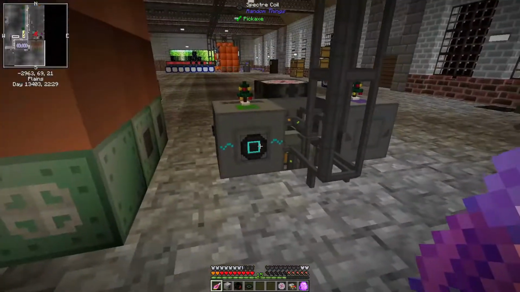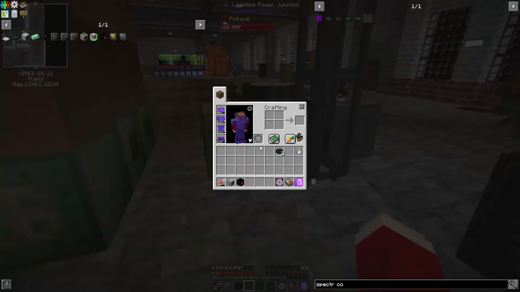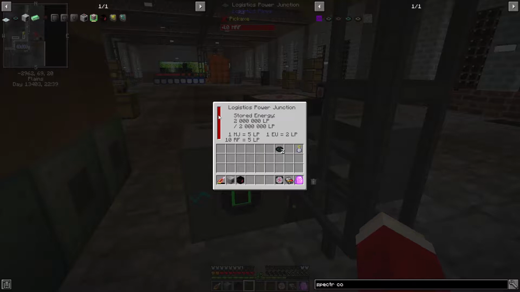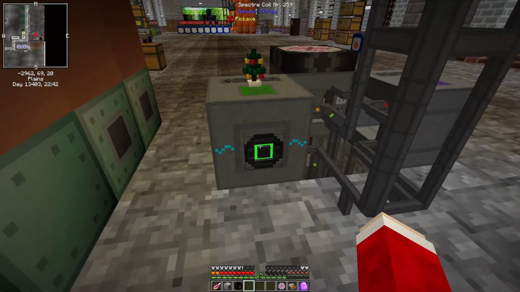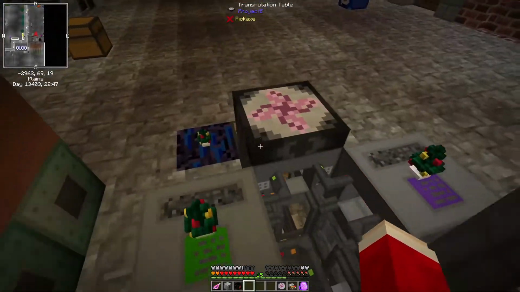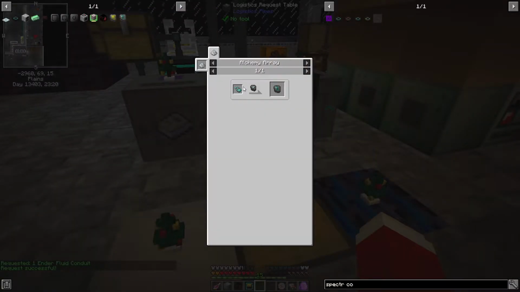So what I'm gonna do is take this one, which transfers 1024. I don't think we need that much. You're just always full. But now even if my entire setup is shut down because of Steam, I should still have power for logistics pipes. I'm probably gonna need some